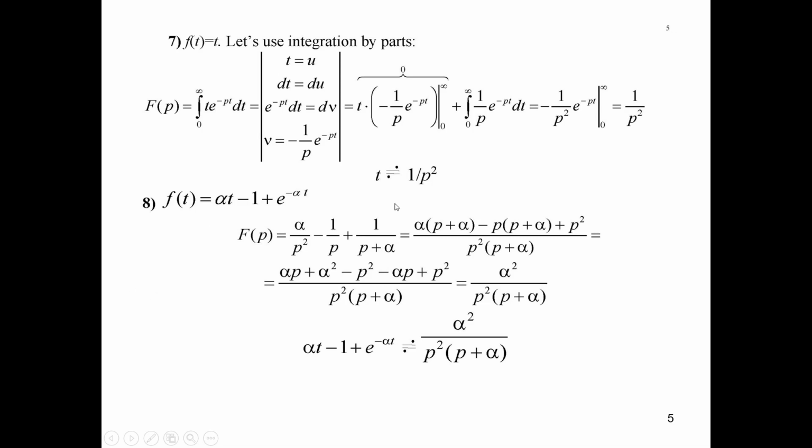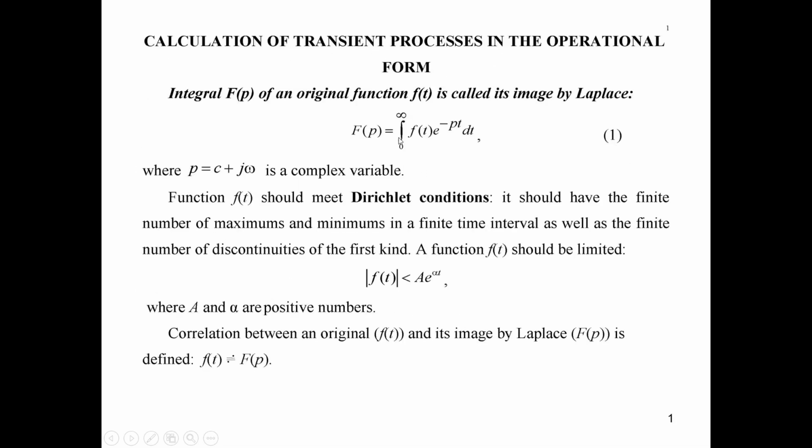So let's proceed. I would like to remind you that to get a Laplace transformed function, you should take the integral from 0 to infinity of the original, the time function, multiplied by e to the minus pt, and by dt we will have the image by Laplace of this function of time, and p is a complex variable, this operational variable c plus j omega. So it differs from just